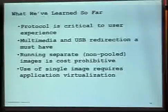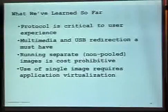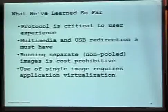If you're going to use a single image, you have to do application virtualization, because not every user has to have every application. Licensing would kill you if you put every application into that image and then stream that image out. Plus, that image starts getting rather big, and it takes longer for the client to boot up. So,